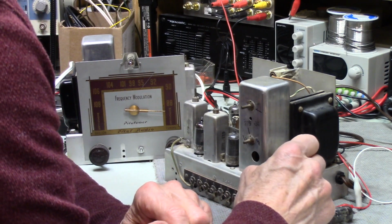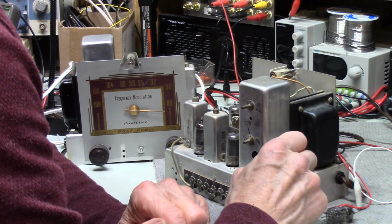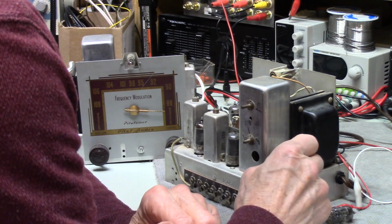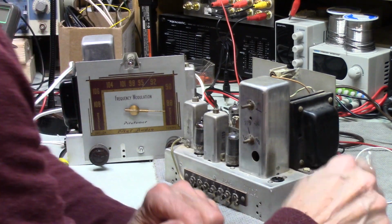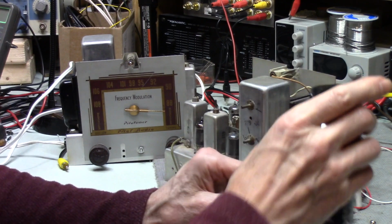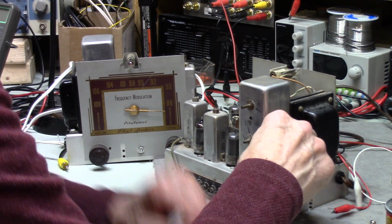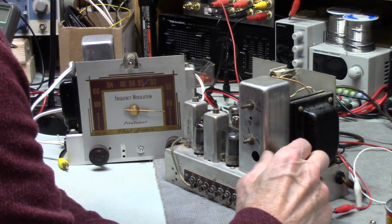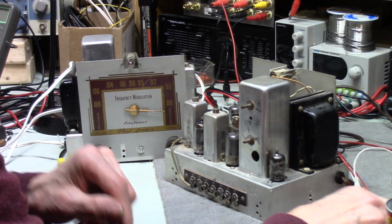That socket felt really sloppy. Now this may not be a good idea. We'll see in a minute. I really, really, really don't want to have to replace the socket. That would be a pain. I was really close to doing that on this one over here. The problem was I didn't have one of the things